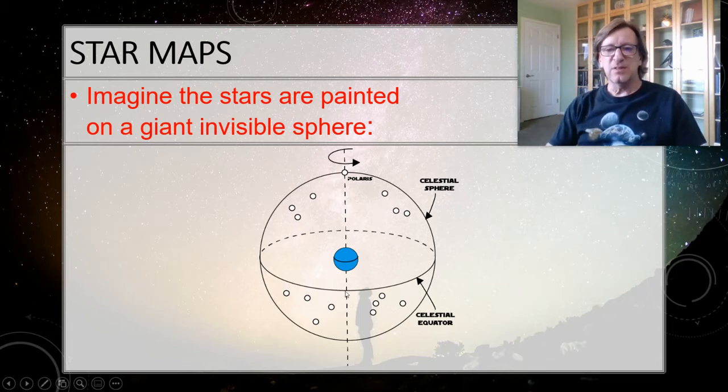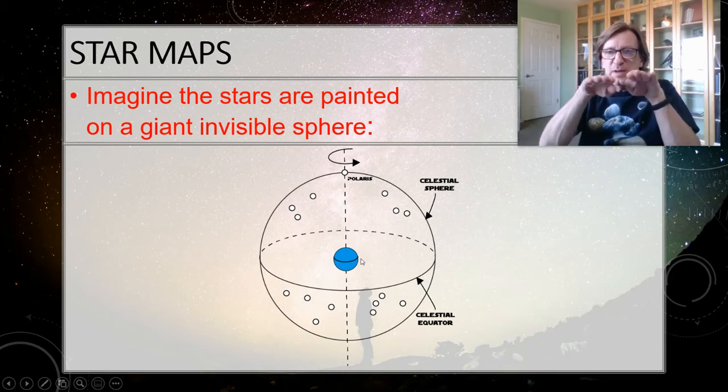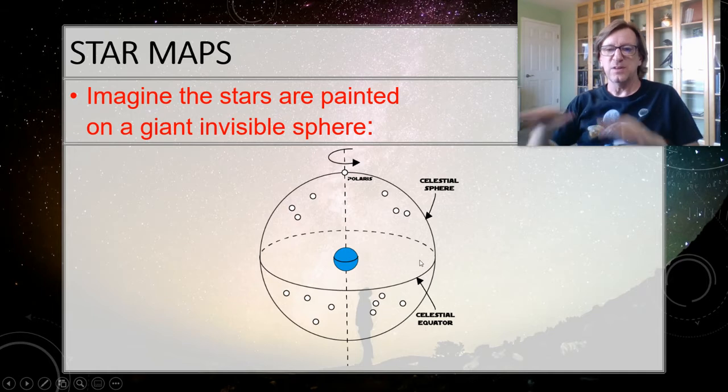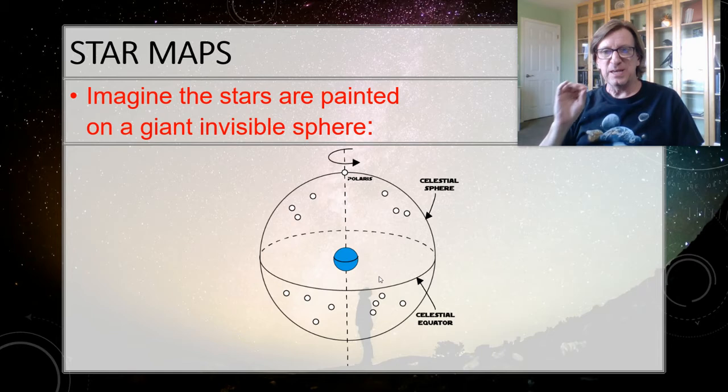The other thing is that we can think about dividing the sphere into two pieces using a celestial equator. Now, we have this on Earth too. Earth's equator is right here, and that gives us a northern hemisphere and a southern hemisphere. In the case of the celestial sphere, that's going to divide it into the northern celestial sphere and the southern celestial sphere. Another way you can think about it is if I took Earth's equator and extended it out so that it crosses the celestial sphere over here, then it's going to draw out that celestial equator. And this coordinate system that we're going to be building is based on the celestial equator, and that's why it's called the equatorial coordinate system.